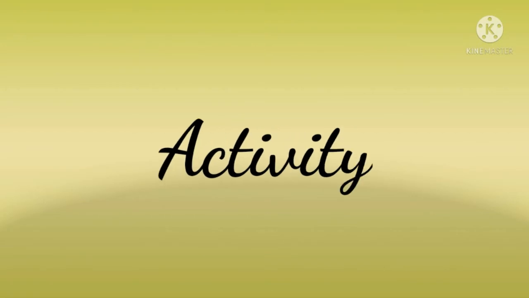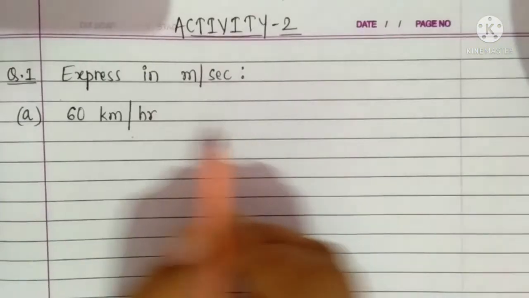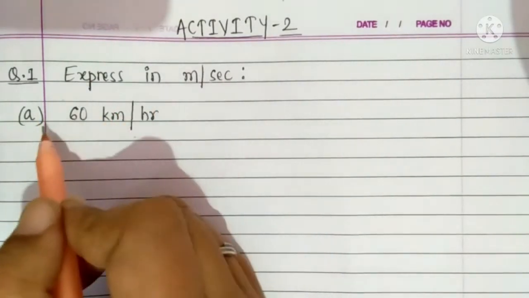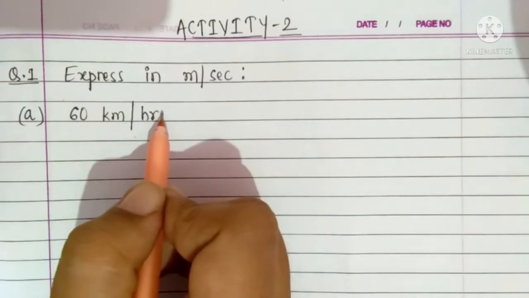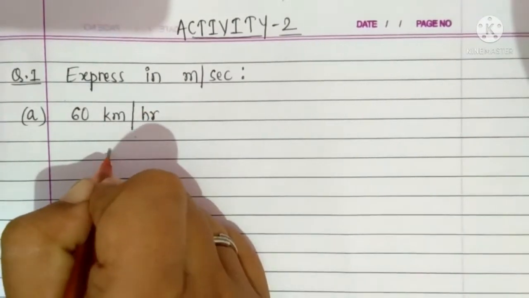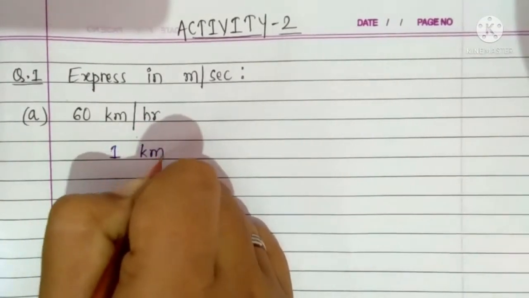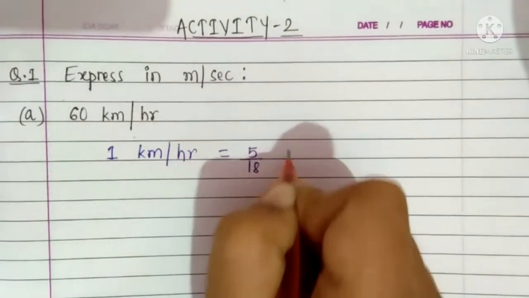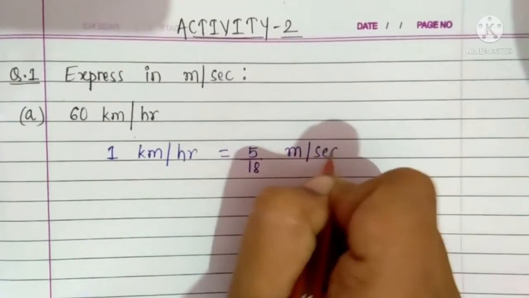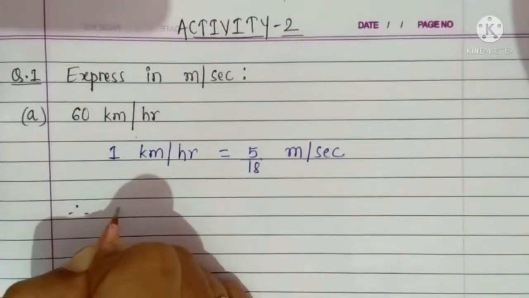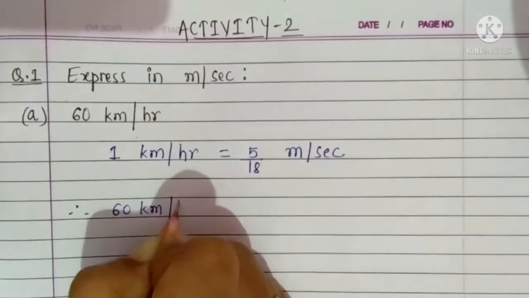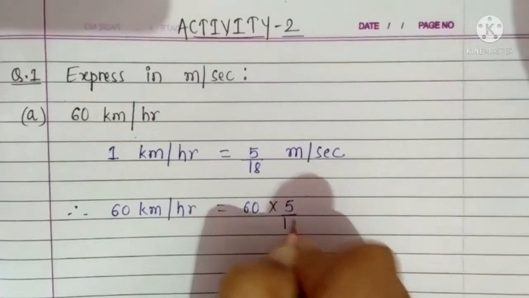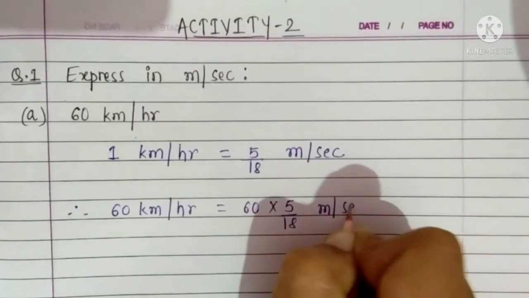Now we start activity 2. Question number 1. Express in meter per second. A, 60 kilometer per hour. As we know that 1 kilometer per hour is equal to 5 upon 18 meter per second. Therefore 60 kilometer per hour is equal to 60 multiplied by 5 upon 18 meter per second,